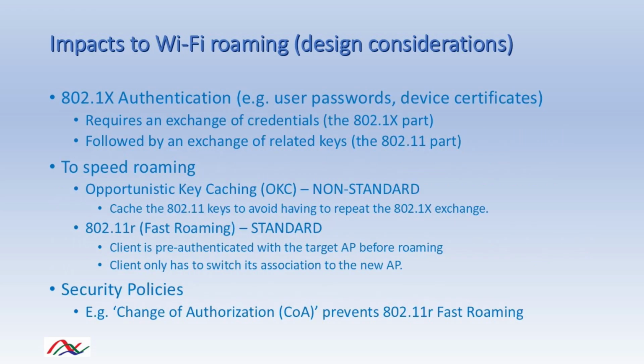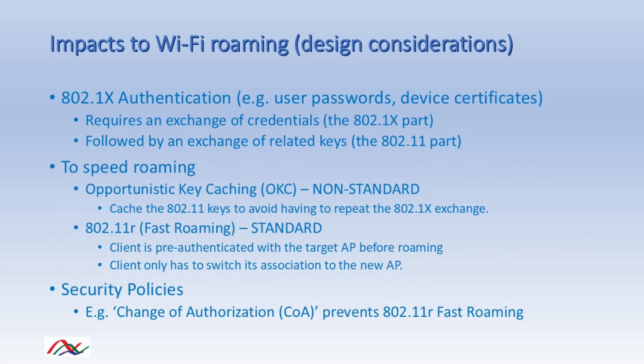Another delay in roaming is the time it takes the client to authenticate each time it associates with a new AP. This may require an 802.1x authentication followed by an exchange of related keys. Some techniques cache the keys to avoid having to go through the 802.1x mechanism for each association. But in 802.11r, fast roaming, the new client is pre-authenticated with the target AP before roaming, so the client can quickly switch over to the new AP. However,